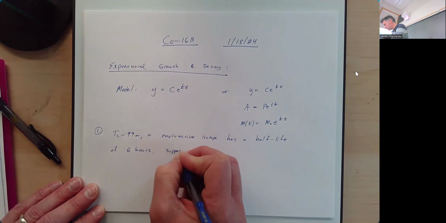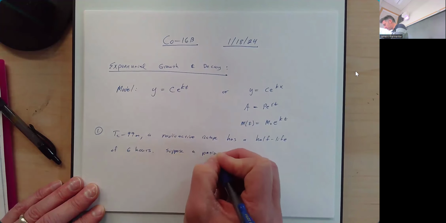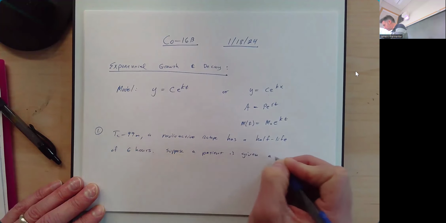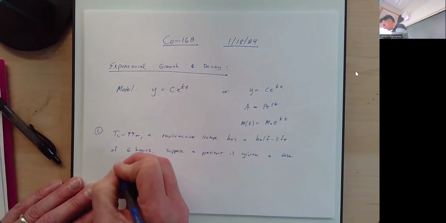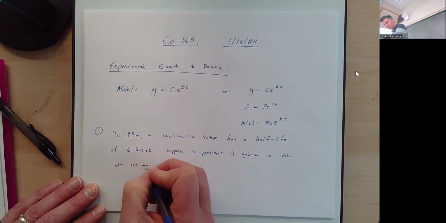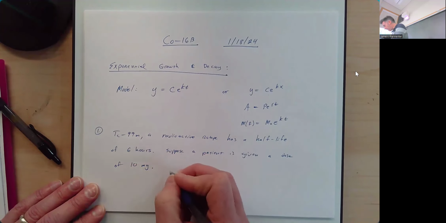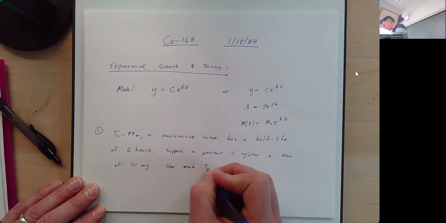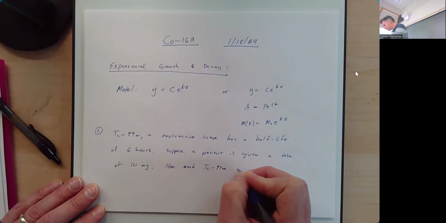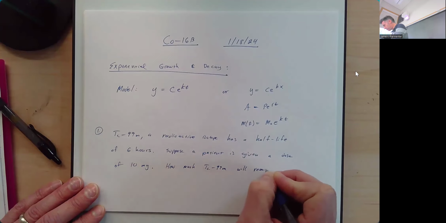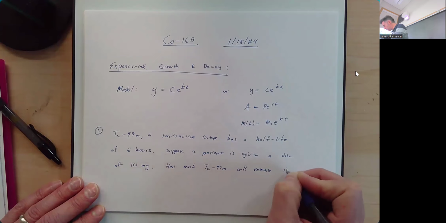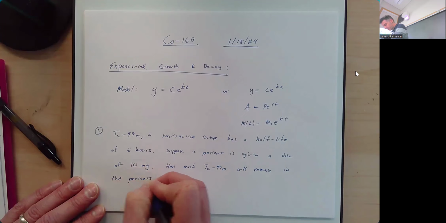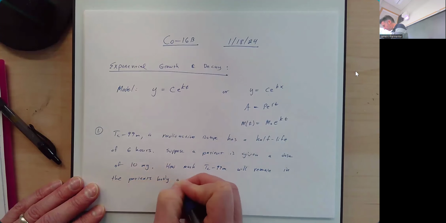Suppose a patient is given a dose of 10 milligrams. How much will remain? How much TC99M will remain in the patient's body after,